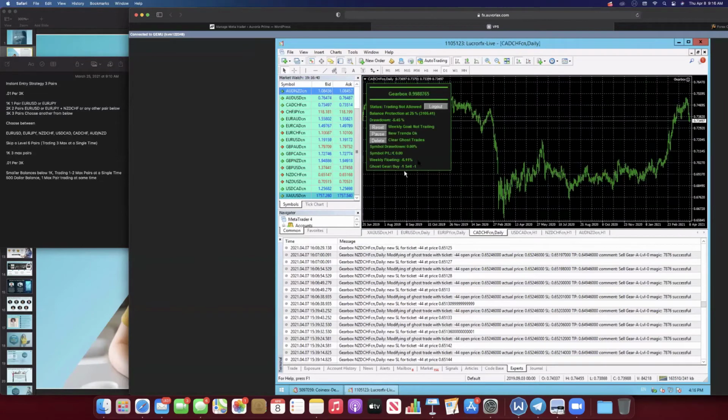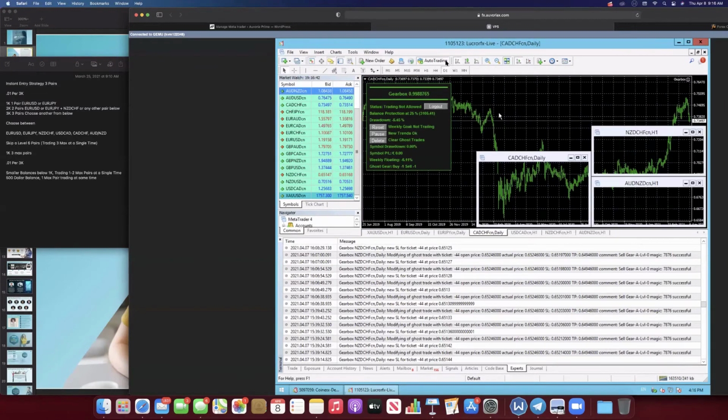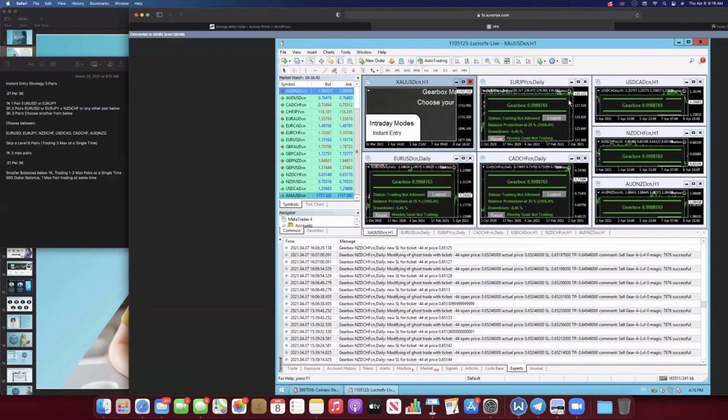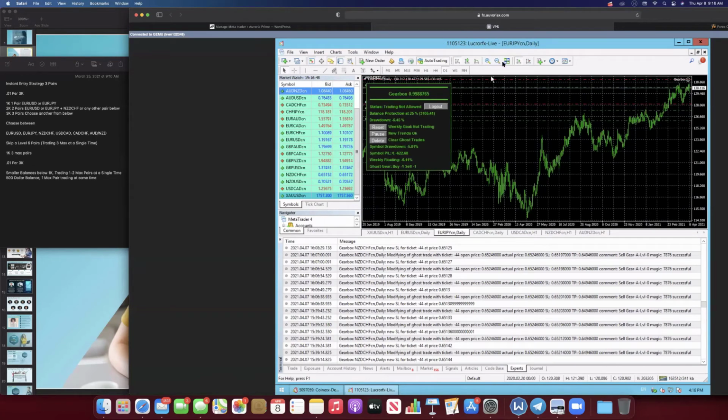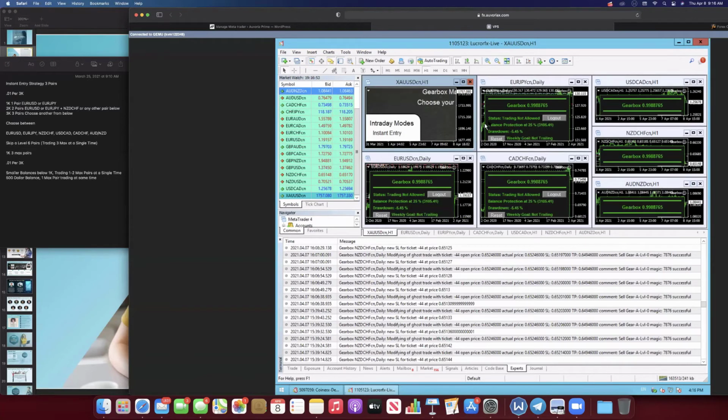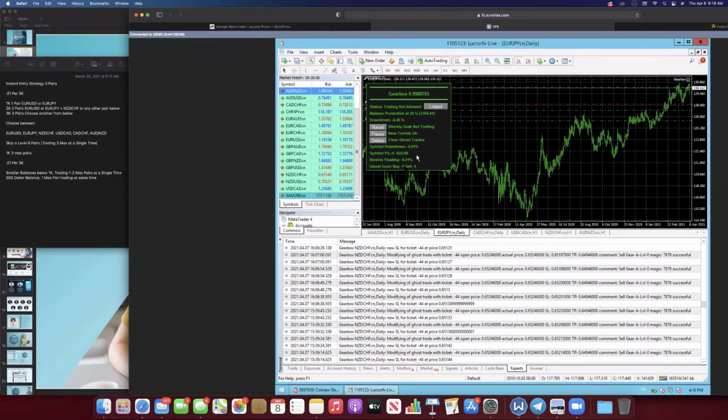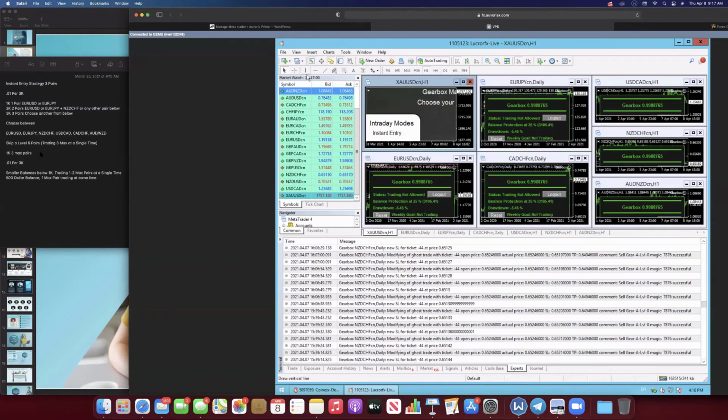Now, if it's doing that and you see ghost trades, here's another way to see ghost trades. You go over here. This isn't ghost trading because trading is not allowed right now. But go to EJ, and you'll see all these are on -1 right now because I just reloaded it. Go to another VPS. But you'll be able to basically see here, if you see a number higher than -1 in these columns, you're ghost trading.